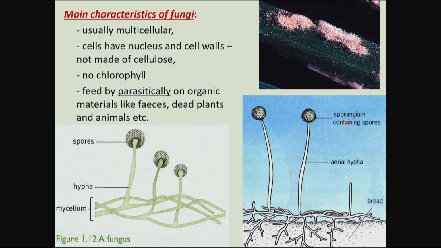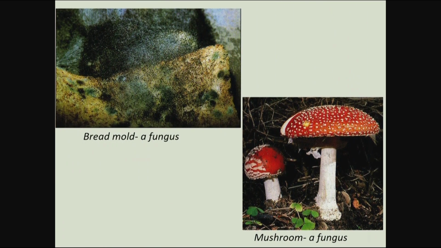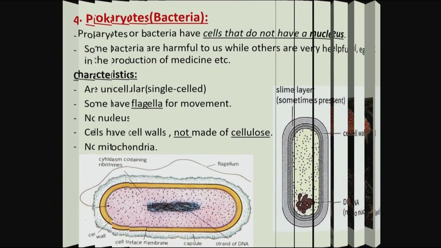Okay, and the fungi feed parasitically on dead, decaying materials, organic matter, like you can find on rotting, decaying bread or rotting food or anything that is going bad. You'll always find fungi growing there, especially like the case of bread mold, any bread that is getting spoiled, or the rice that you forgot in the rice cooker for a couple of days. Okay, you'll open it and you see the hair-like mold growing on it. These are fungi. Okay, you can find them there. You'll find them on cheese and so on. Okay, the fourth